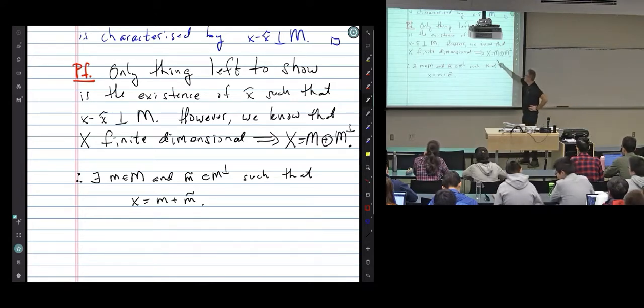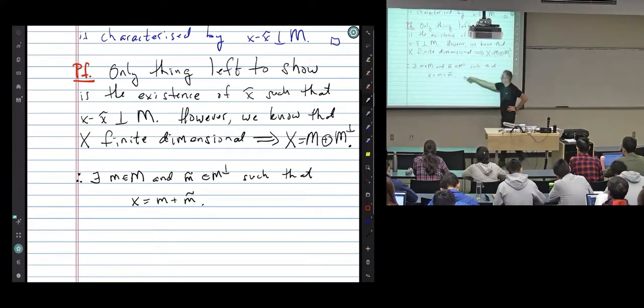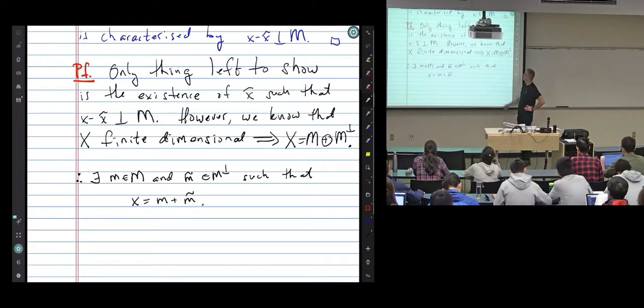So that's what it means that X is one subspace plus another: everything in X can be written as something in here plus something in here. From your homework, we could say there exist unique m and m tilde, but uniqueness we've already settled in the pre-projection theorem, so I'm not worried about uniqueness right now. All I know is I can write x like this. If I do that,